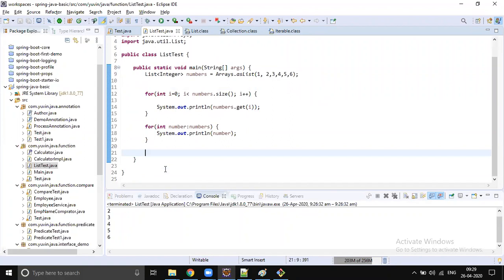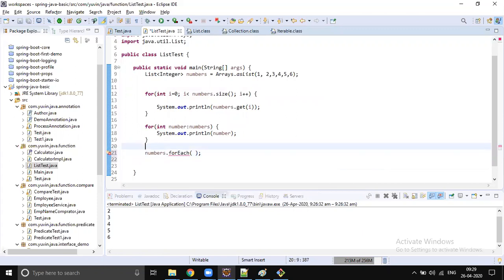So the implementation is going to be hidden. How the for loop is written is completely hidden, and that is going to be done by some other person. You just need to say what that for loop has to do. For example, I do something like this: members dot for each.